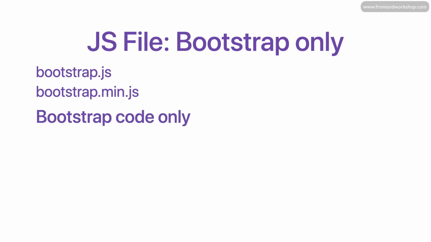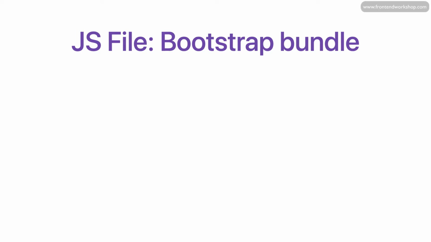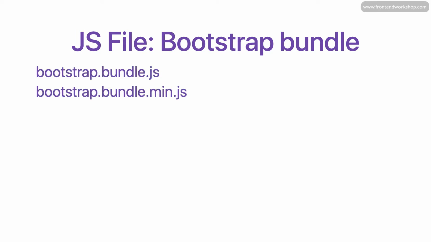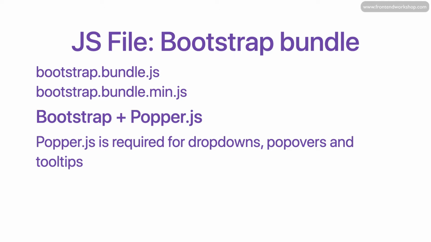It contains only Bootstrap code, so dropdowns, popovers and tooltips are not supported. But we also have the Bootstrap bundle version that looks like this, bootstrap.bundle.js. It contains Bootstrap plus popper.js, which is a third-party library used by Bootstrap and is required for dropdowns, popovers